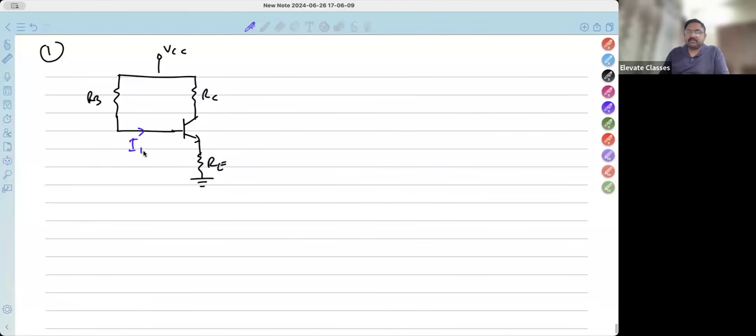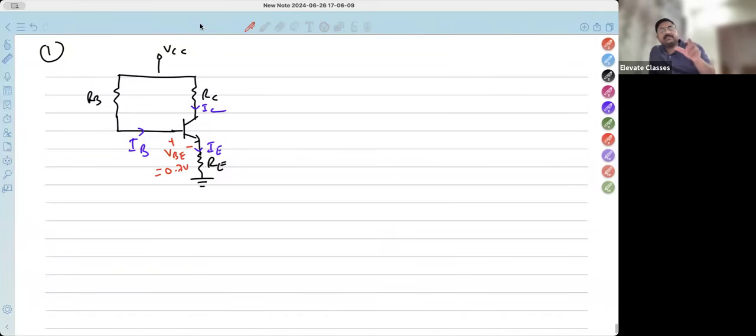ये current क्या होता है? Base current. This current is the emitter current. This current is the collector current. First thing. And mark two voltages. This voltage is the base emitter voltage. If nothing is given, we will always take this to be 0.7 volts. Don't forget the base emitter